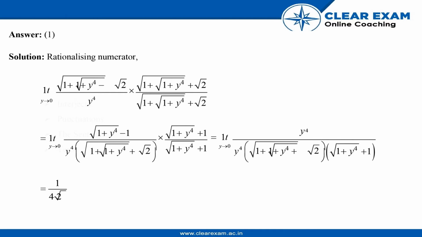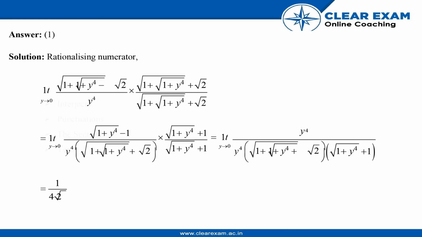Rationalize it. In order to rationalize it, we multiply by changing the sign between the two terms, so we multiply by the square root of 1 plus y to the power 4 plus root 2, because there it was minus root 2, and the same thing goes in the denominator. In the numerator, the identity (a plus b)(a minus b) equals a square minus b square can be applied, so the outer square root is removed,